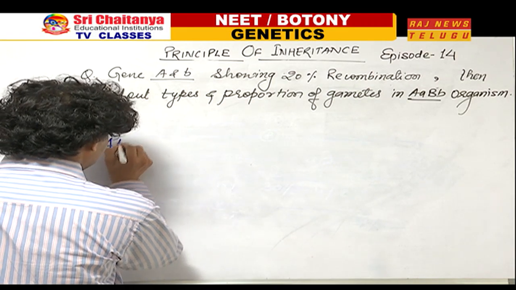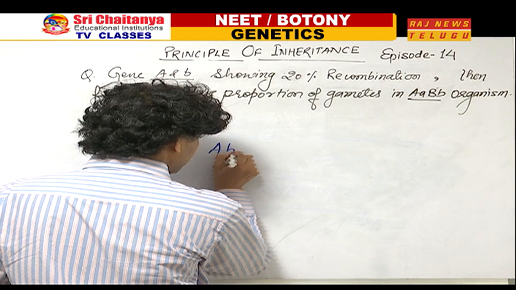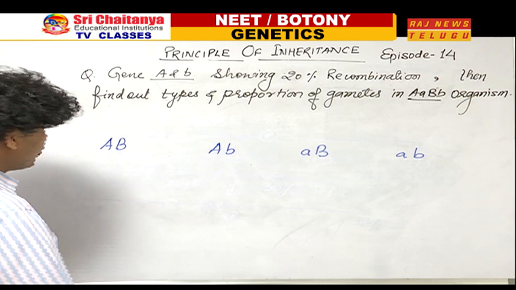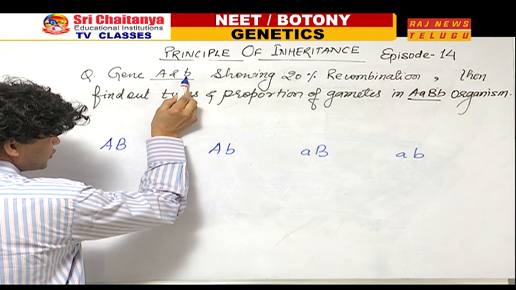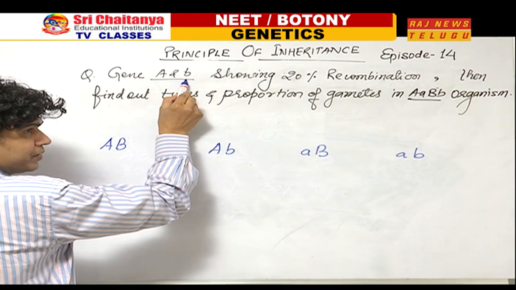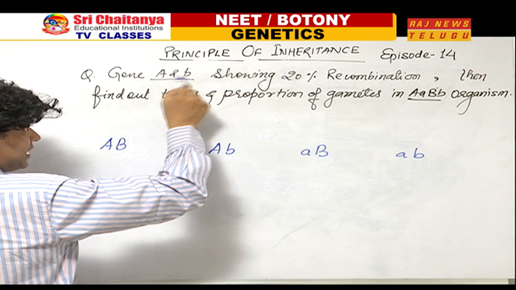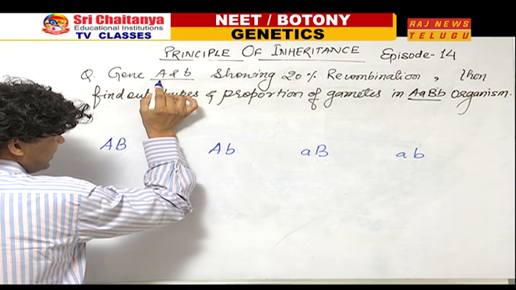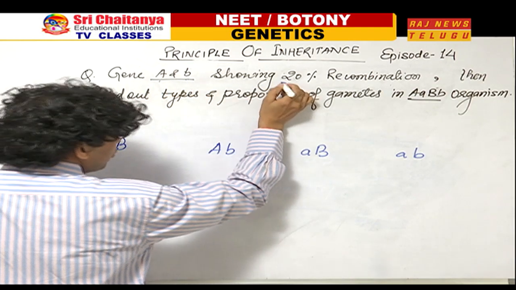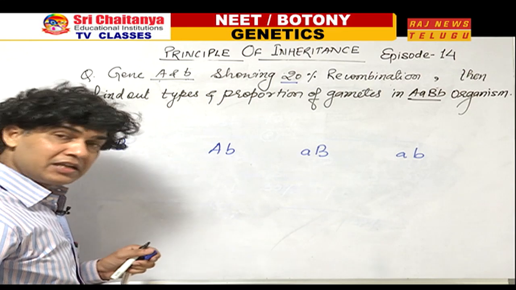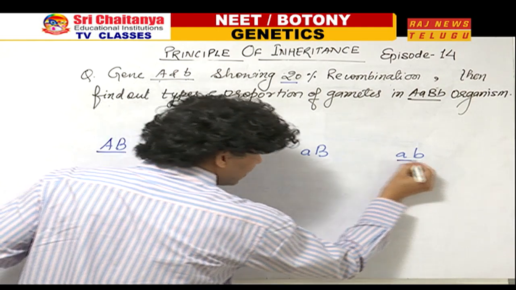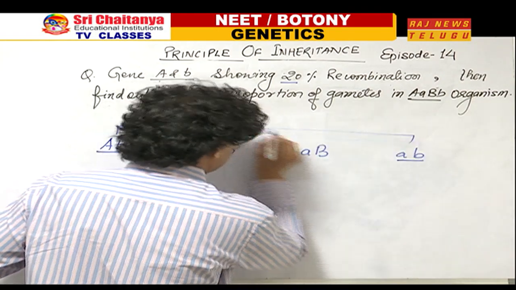again I will obtain gametes capital A, capital B, capital A, small a, capital B, and small a, small b. But you must remember, this time capital A and small b means small a and capital B also. Capital A, small b, then the another chromosome small a, capital B. So separation of capital A from the small b, it means separation of the small a from the capital B is noticed only in 20% cases. It means 80% would be the parental. It means this time capital A, capital B and small a, small b are the recombinant gametes.